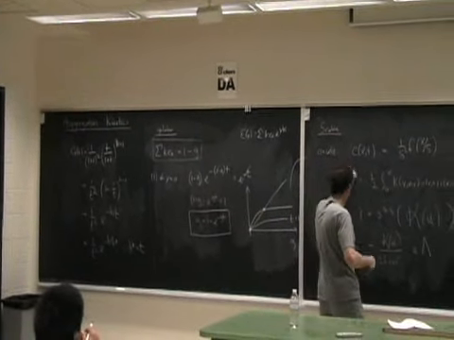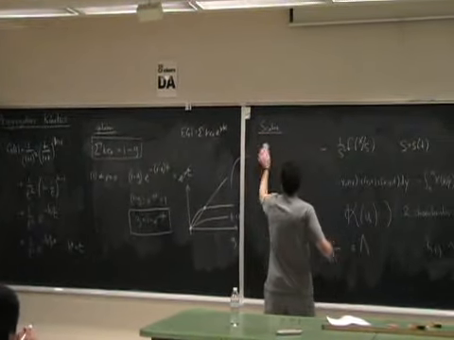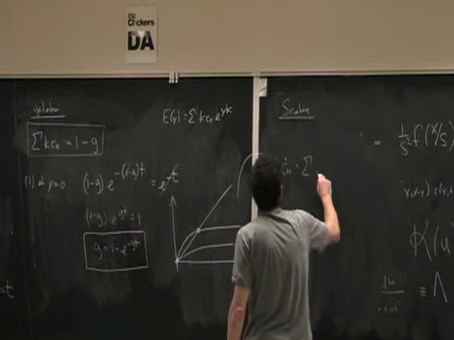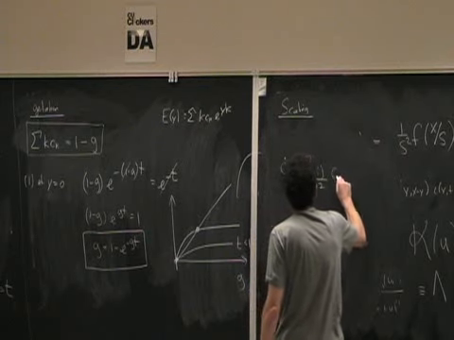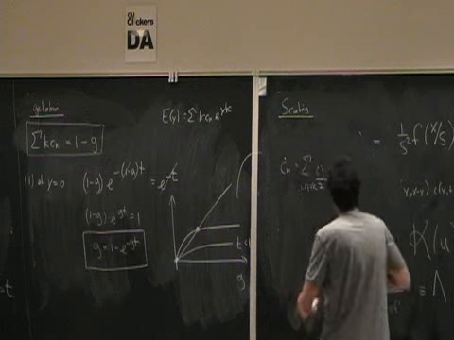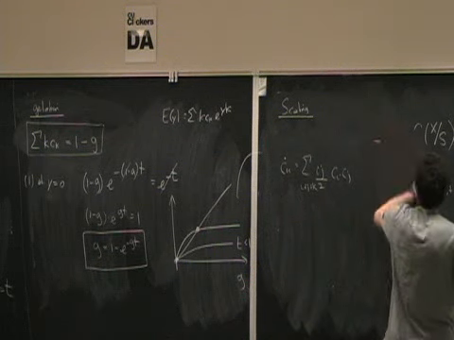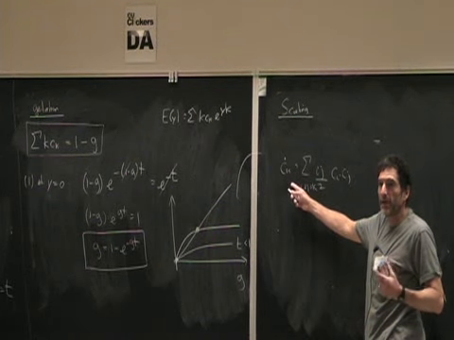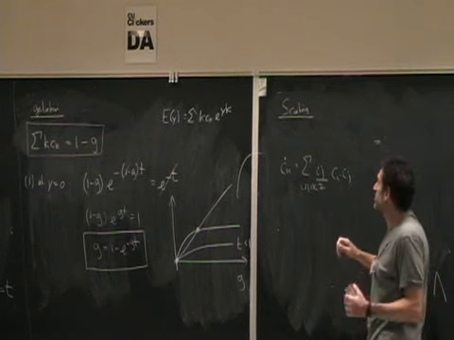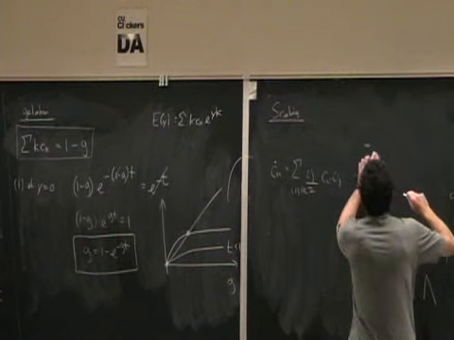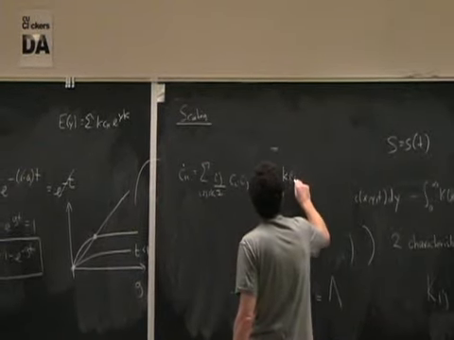So let me just write this down. I have c_k dot equal to the sum over i, j of one half c_i c_j, but this is a restricted sum, i plus j equals k. And so there's no issue of gelation affecting this gain term, because I'm looking at the gain of clusters of a finite mass, and they can only involve clusters which are smaller. The only place it appears is in the loss term, which I had here, k c_k